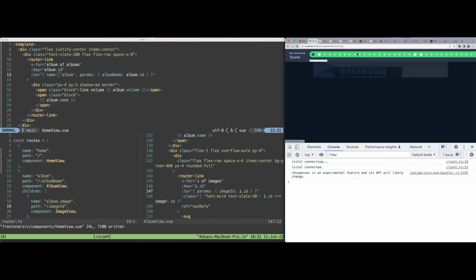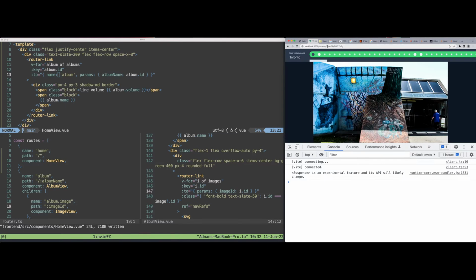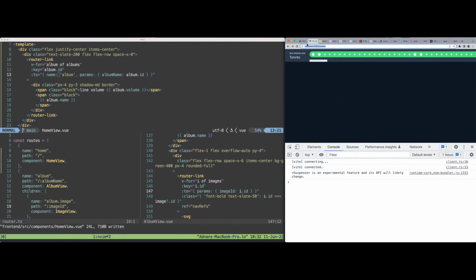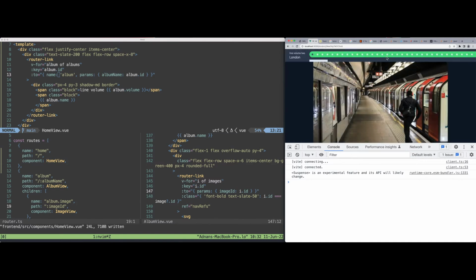So now when I click, I go into Toronto, and since there's no Toronto landing page, it goes straight to the first image in Toronto, and I think that's fine. Although the back thing is a bit weird. Now I'm in London, and later I'll be in